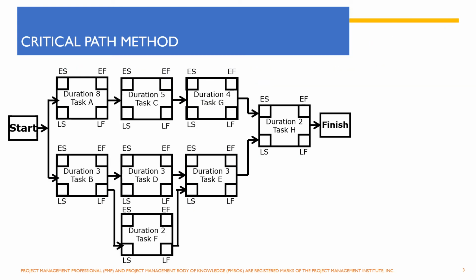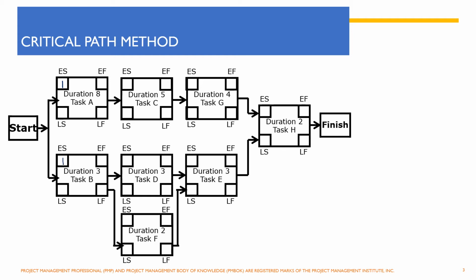Now let's look into this example. This is our schedule network diagram, and there is a relationship between the successor activities and the predecessor activities. And the project starts with activity A and activity B, and the duration and the activity names are mentioned in the center of the boxes. So it starts with two activities. So on 1st of Jan, activity A and activity B will start.